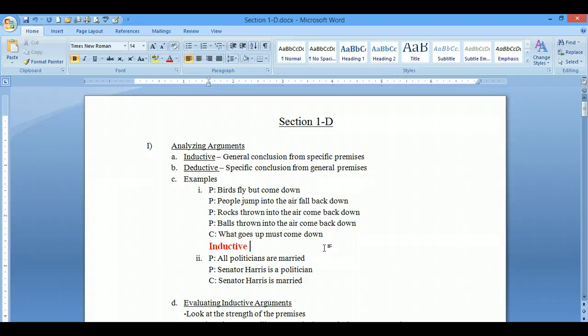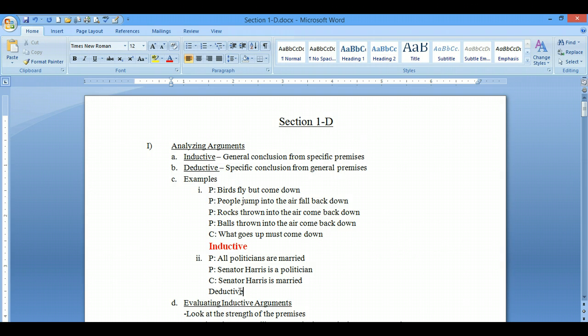Senator Harris is a politician. Conclusion, Senator Harris is married. Let's look at the specific versus general for my premises. All politicians. Right there, that automatically says general. And then we get a little bit more specific about Senator Harris being a politician. And then we come to a very specific conclusion. Senator Harris is married. This right here is